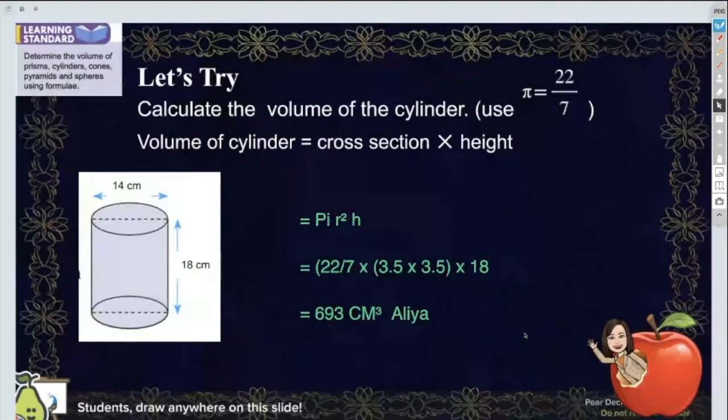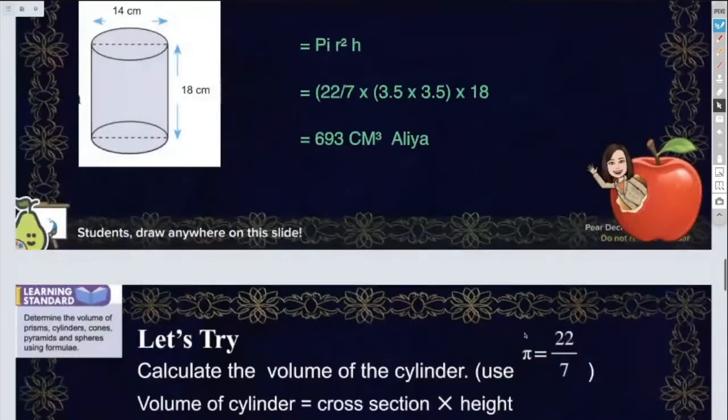Alia, look at the diagram given. Why 3.5? Jangan ikut yang tadi. Tengok nilai yang cikgu bagi dalam slide ini. Alia, check back. Look at the diagram. What is the radius? It's not 3.5. Bukan 3.5. 3.5 tadi, contoh tadi. Ini cikgu bagi lain pula nilai. Nilai radius tu salah. Ganti balik.